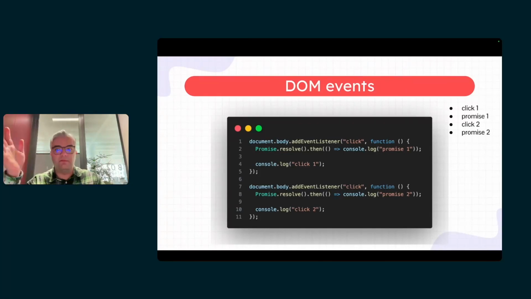So first click one, then promise one, then click two, then promise two. Why? Because of the tip that I mentioned. As soon as you click on the element, the browser is going to push the first click into the call stack to run it. As soon as it's done, it's going to push the second one, because in JavaScript there are ways to prevent them as well.